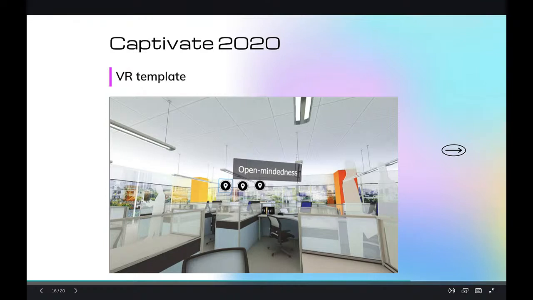And then I also added several hotspots, which you can see, and added text to each of these hotspots. So as you can see, I attached the text to the first hotspot, open-mindedness. So this is a very low threshold but powerful way of building VR experiences in a low threshold, low cost